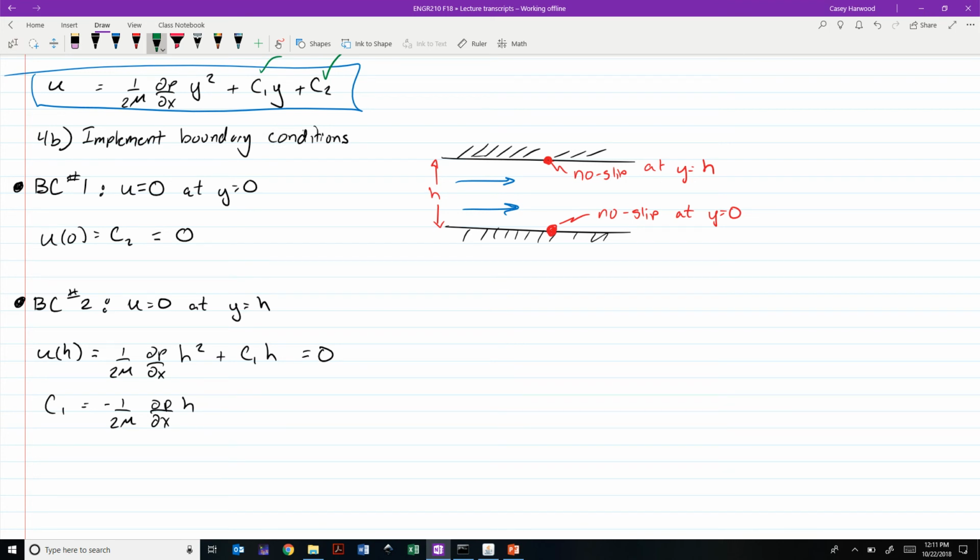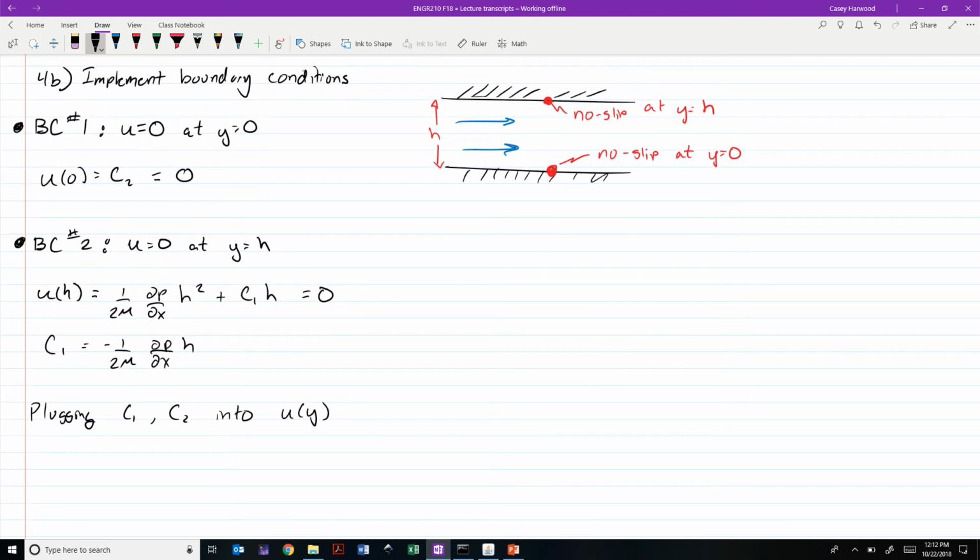So now all that's left is to plug in our values of C1 and C2 into our general expression for u, our general solution, and simplify it however much we need to. So plugging C1 and C2 into u of y, we end up with 1 over 2 mu dp dx y